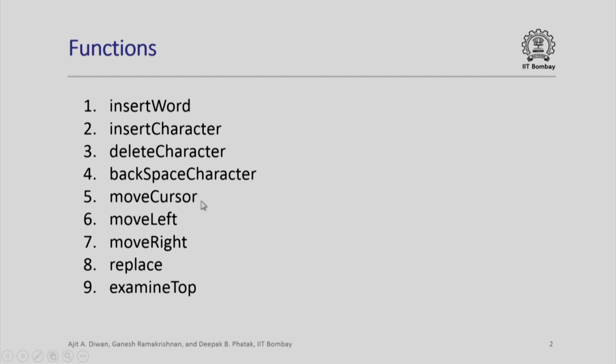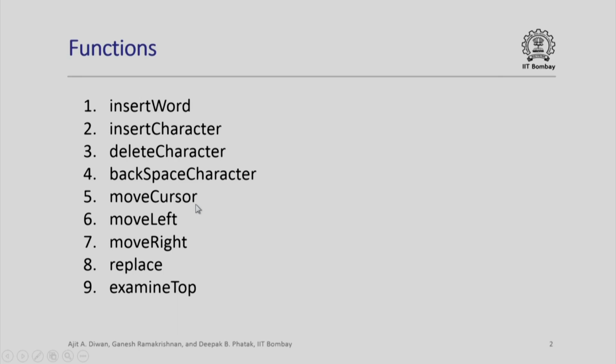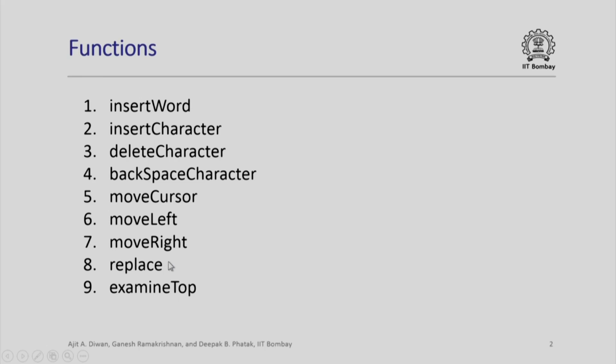Moving cursor, you will recall that the cursor movement amounts to moving elements from one stack to another stack. This move cursor, which will be a bulk movement, will actually comprise of one character at a time movement, which is implemented by two basic functions, move left and move right. So, a sequence of move lefts will move the cursor to the left of the current position by so many places or on the right side. Replace, we already seen what replacing is. You want to replace one particular character type by another character.